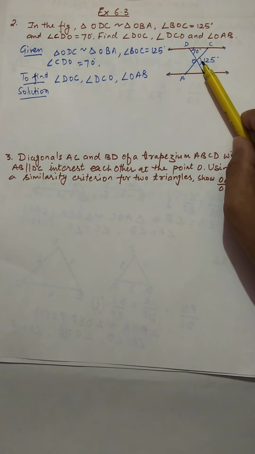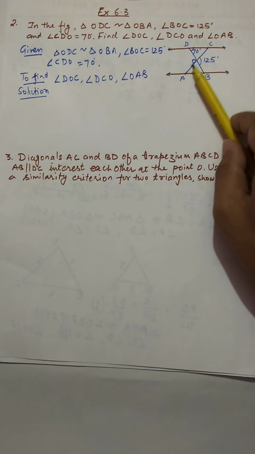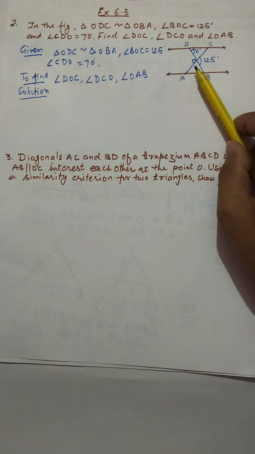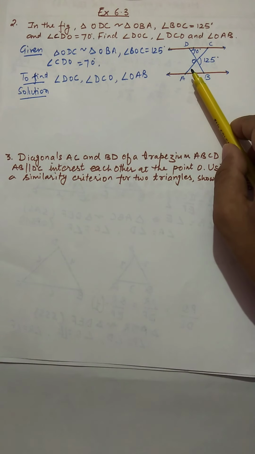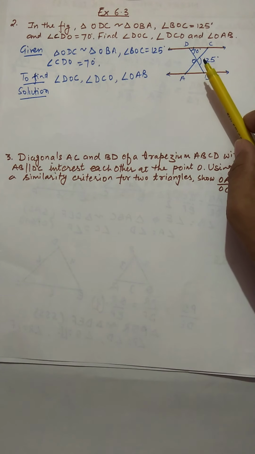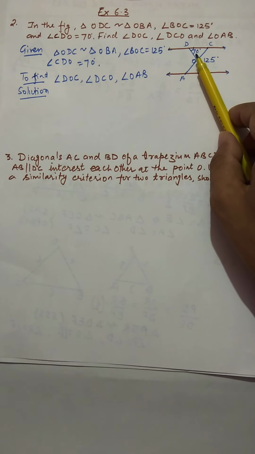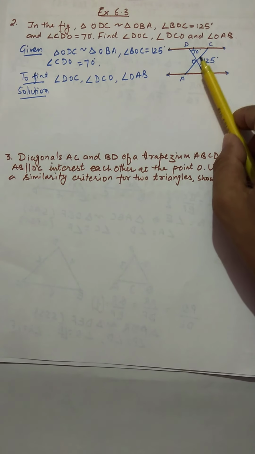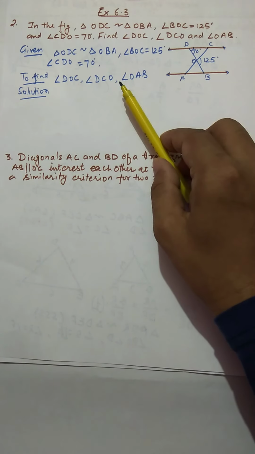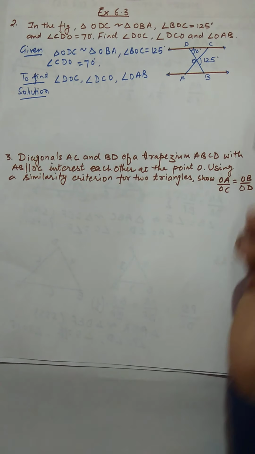Now after this you can see this is 125 degree. This is the exterior angle for triangle OAB. Or you can find this angle by linear pair. You can find this angle also, and you have B, and with the help of angle sum property you can find this angle. We can directly use this also, that this 125 and this angle will be a linear pair. You can find this angle, and once you find it, it will be equal to this angle by similarity of these two triangles given. So we can use any of the ways.